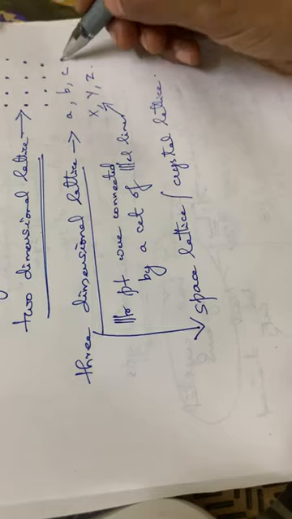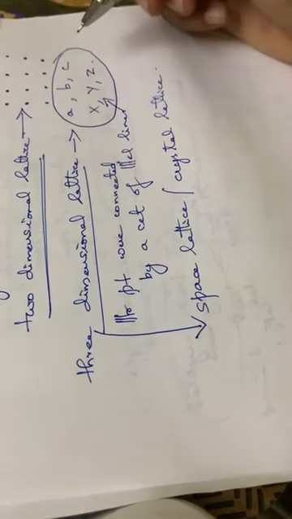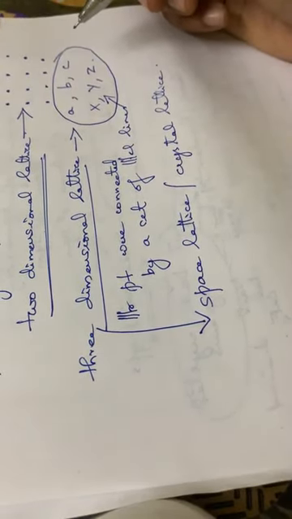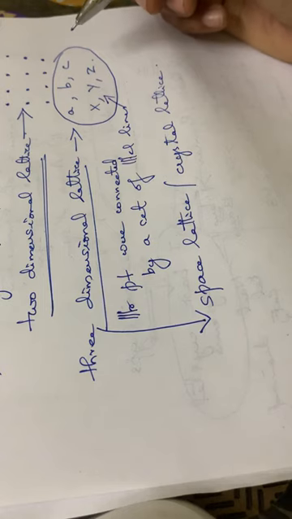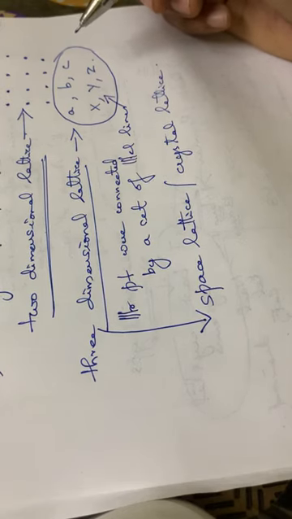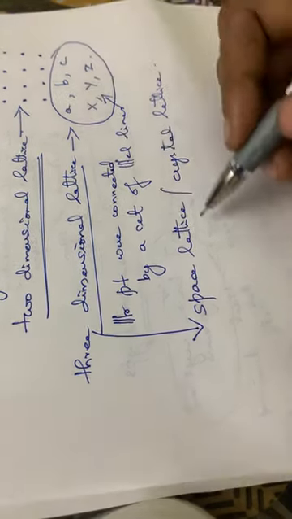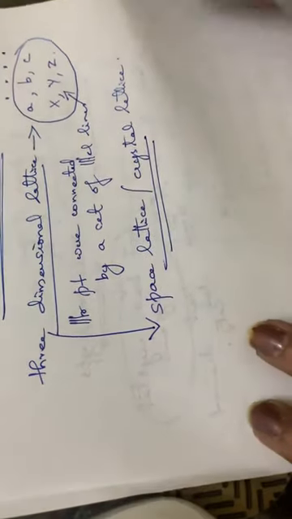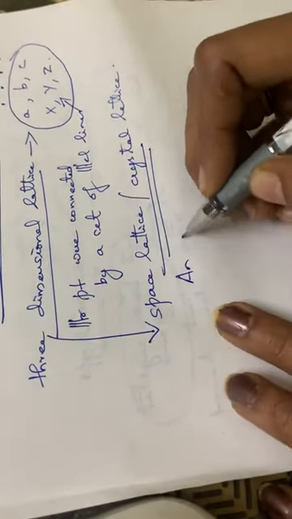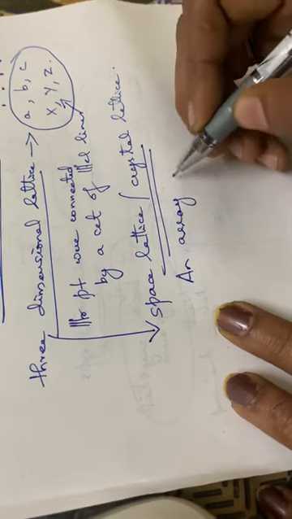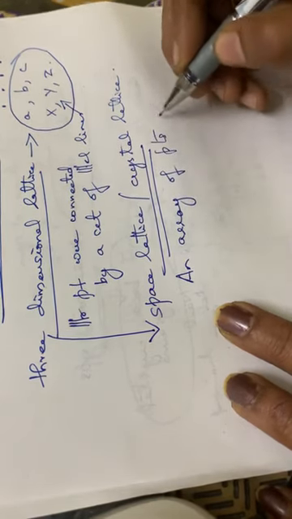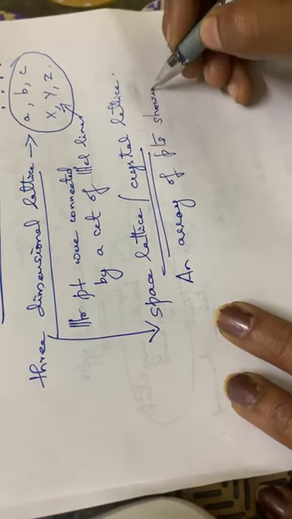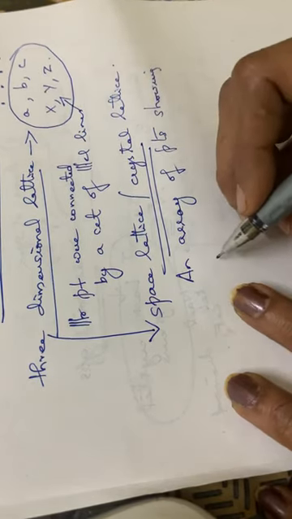So here, three-dimensional lattices means there will be three vectors and also three angles in the case of a three-dimensional lattice. Okay. So this crystal lattice or space lattice, we can define it as an array of points. Space lattice or crystal lattice means it is an array of points showing the arrangement of atoms,